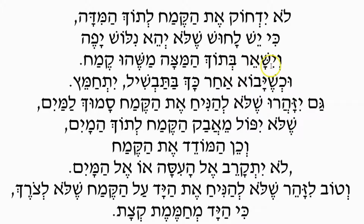And as such, v'yishar b'soch hamatzah, and if that's the case, then we'll just pass it down the line, and there'll be little pockets of dry flour, little bubbles of flour. Yishar b'soch hamatzah mashu kemach. There'll be a little bit of flour left unwetted and just still dry. We've seen that